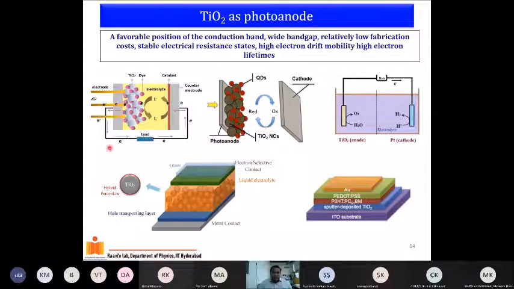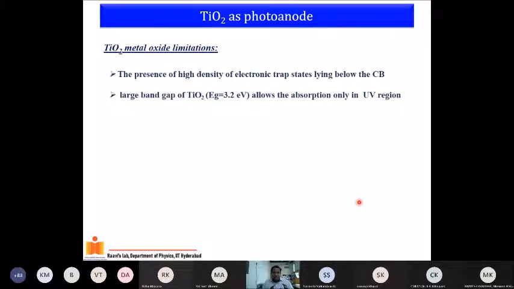This is a dye sensitized solar cell. This is your quantum dot solar cell. This is your water splitting. Your hybrid perovskite solar cells, and you can also use titania as an electron transport layer for organic solar cells. So it has been well exploited everywhere. So we thought, why not try to change the property of the titania and see how we can improve its functionality, and test it with one of the easiest solar cells we can make in the lab, which is the dye-sensitized solar cell. This is the motivation of this work.